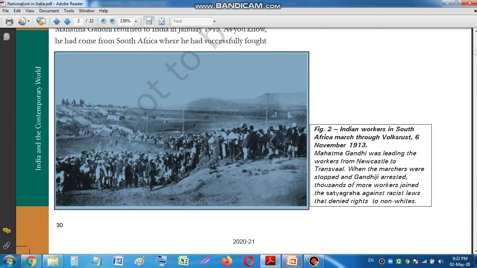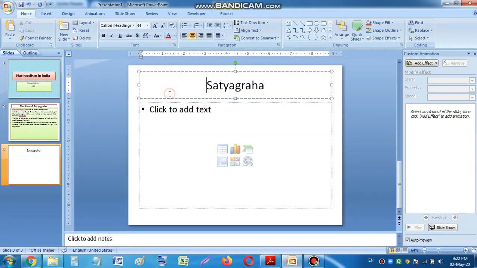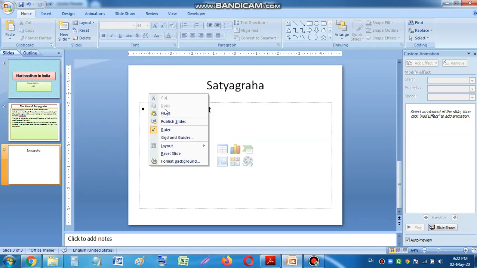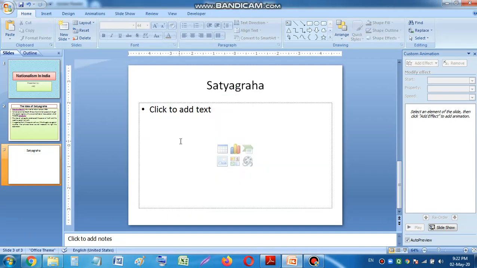Now you can select this image, copy. You can also use Select All and then copy, or you can reuse that one. Now over here I'm just clicking Satyagraha I have done, and over here I'm just pasting, Control V, or right click and paste. See, the image has come, and before that the screen is there. Let me delete this one.